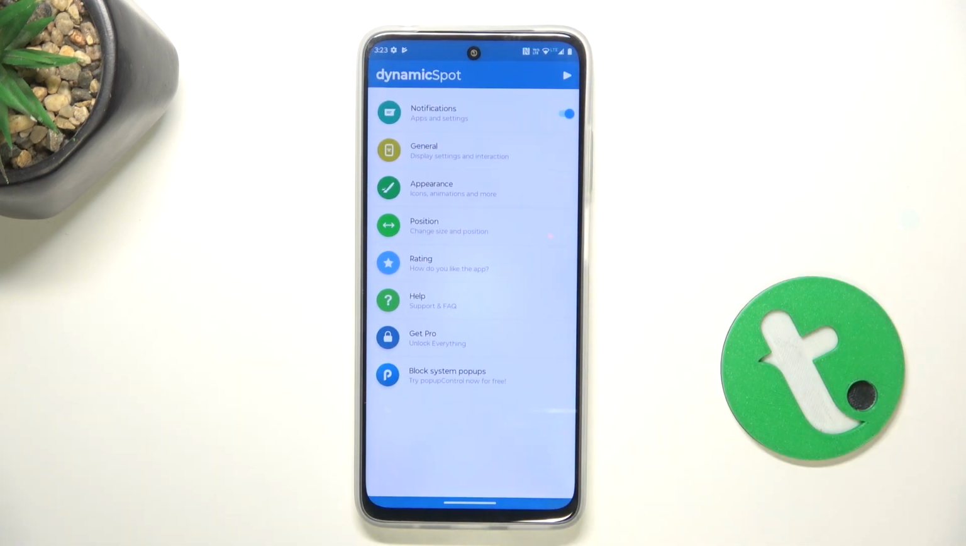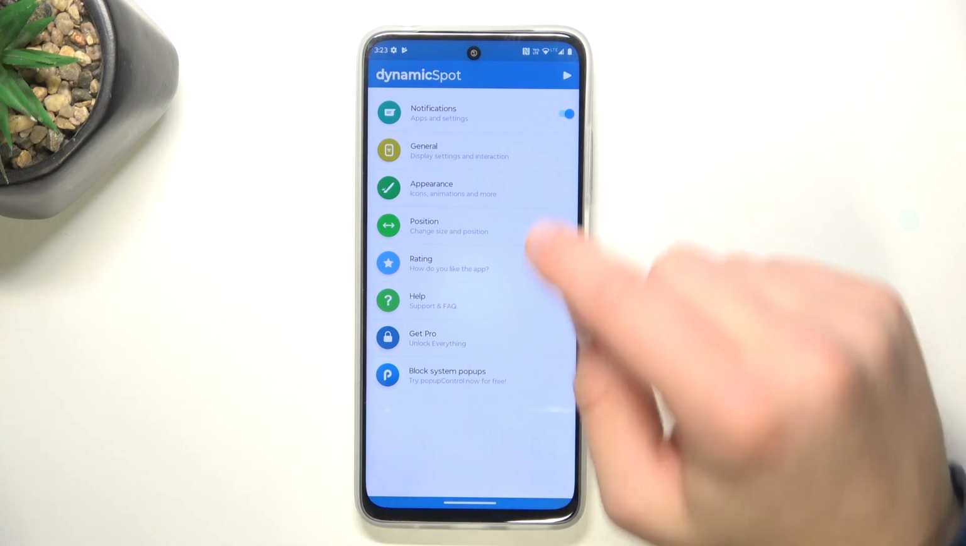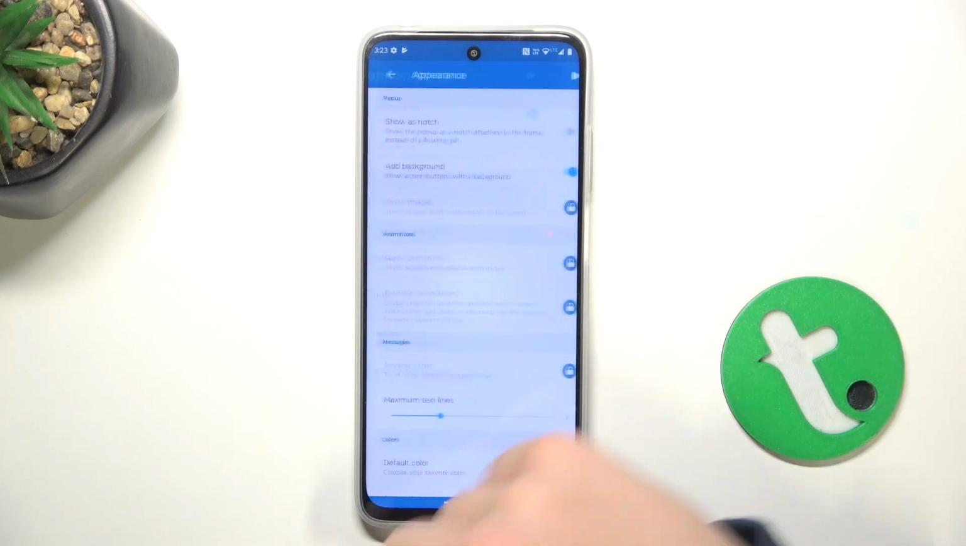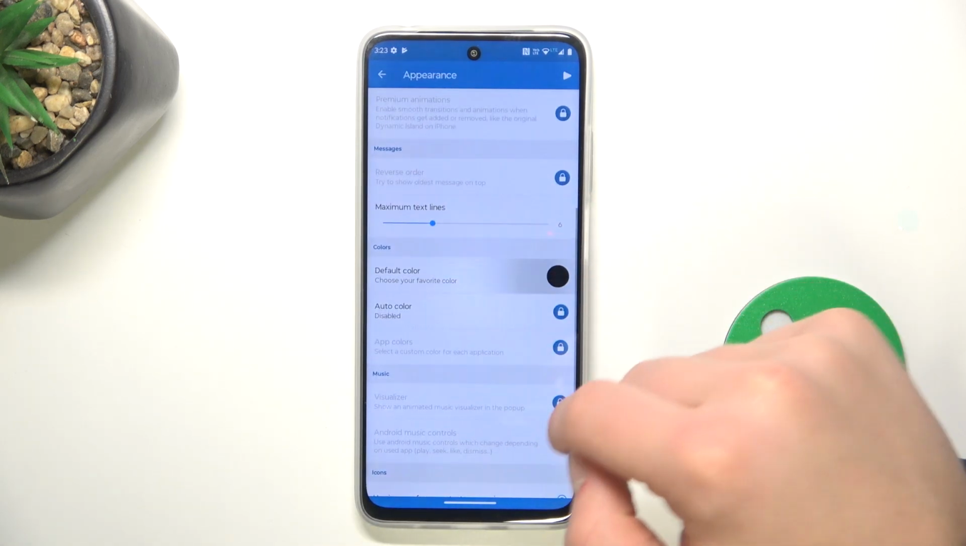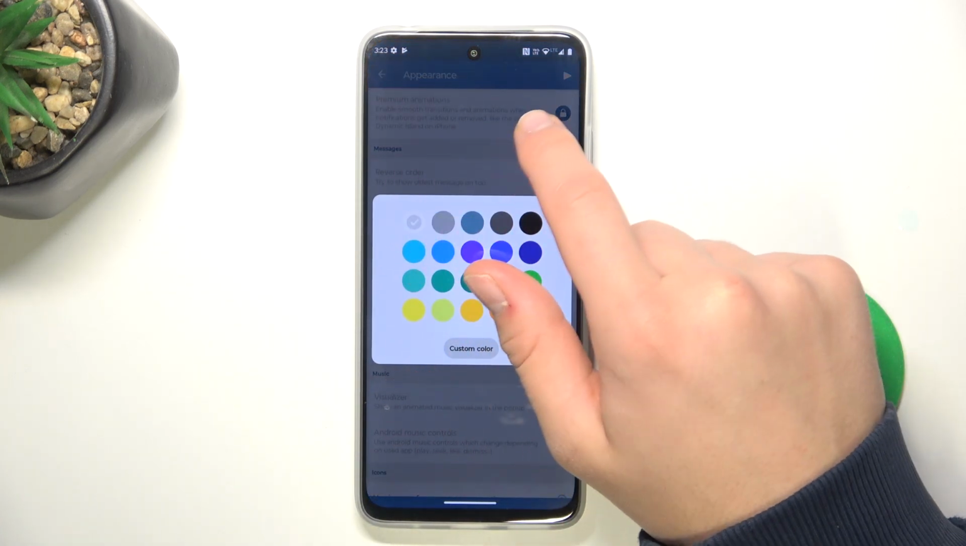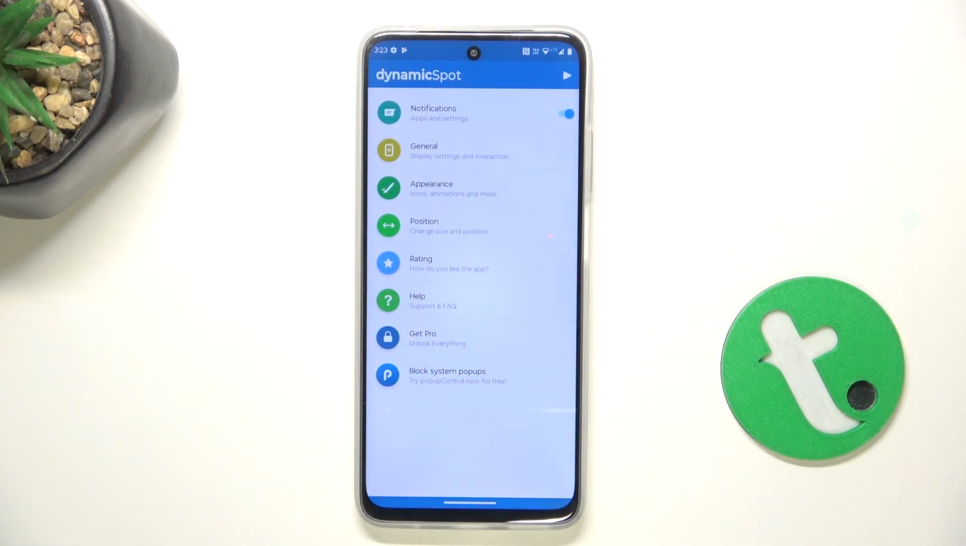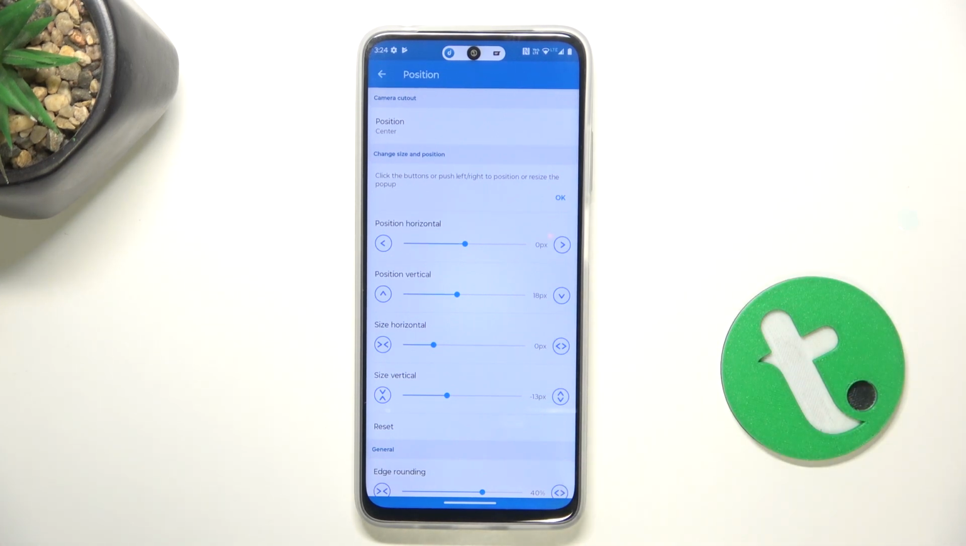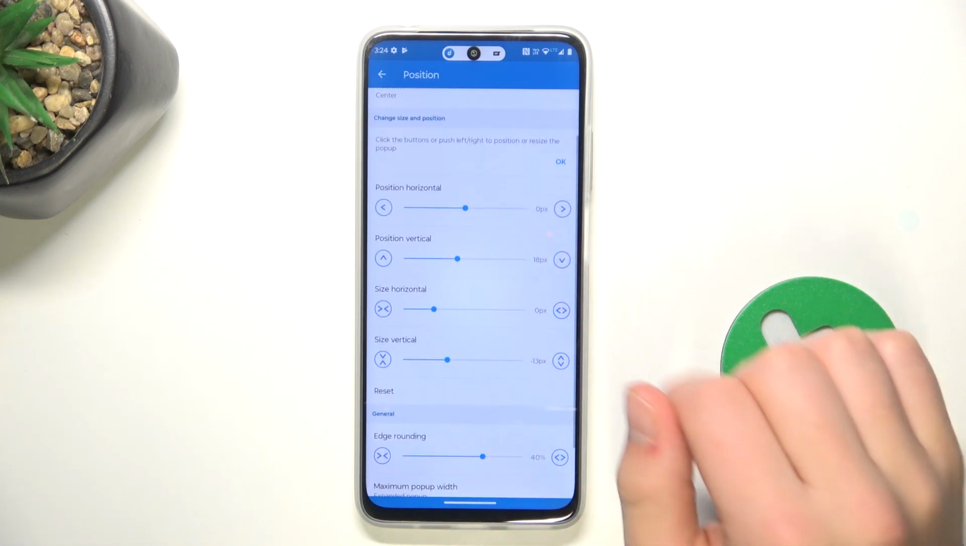Okay, now the first thing that I prefer to do is going to general, my bad, not general, but appearance, and change the color to white, so it's easier to set up the position of our bar. So now we go in position, and as you can see, it's pretty well centered, but I would make it a bit